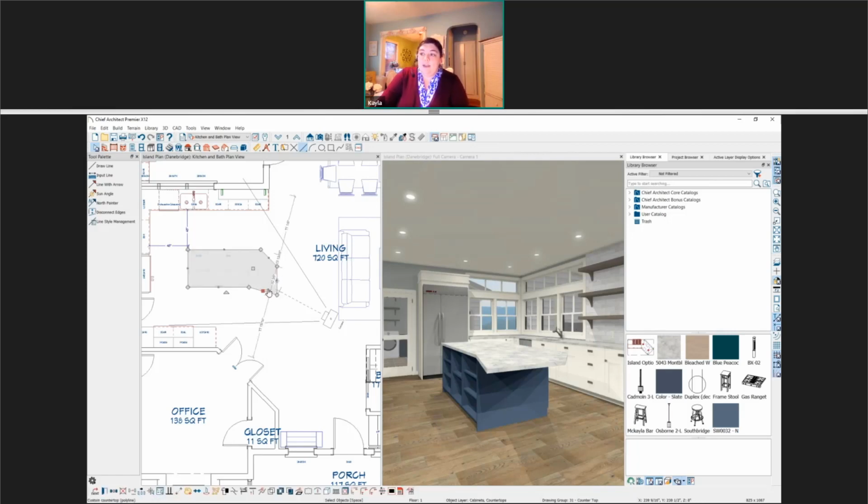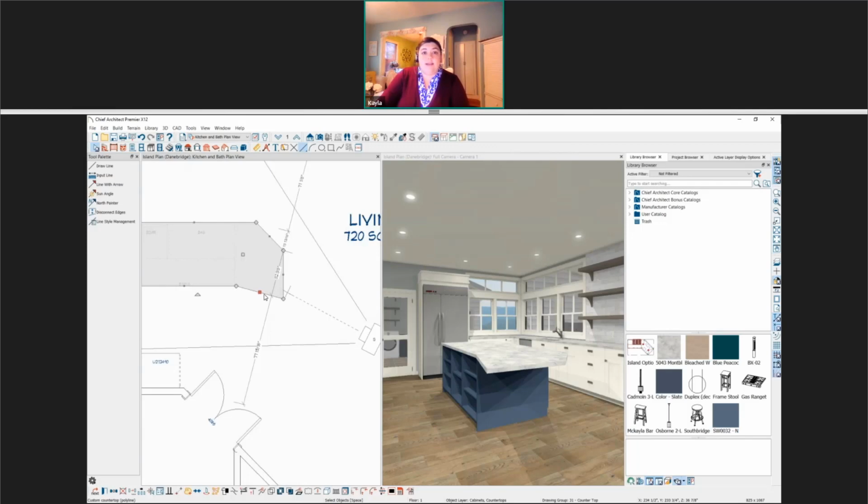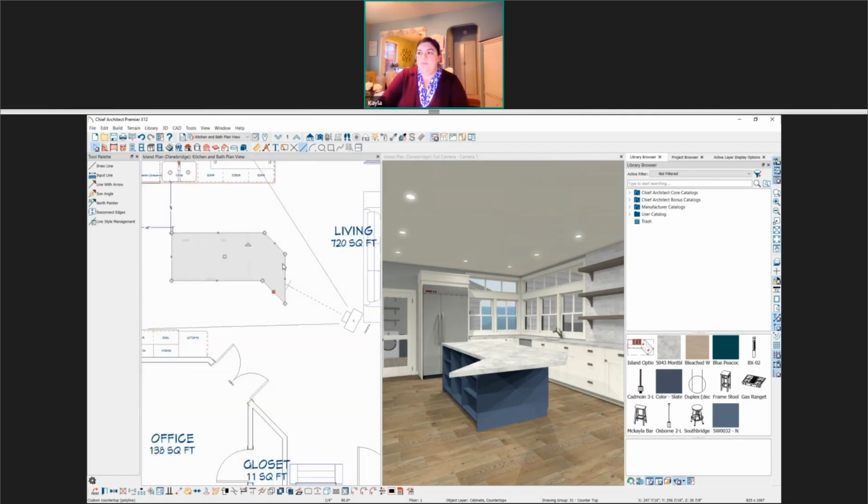So I'll take this line. You can tell that it is selected because it has a large red edit handle. And down in the edit toolbar, I'm going to use make parallel perpendicular. So I'll select that, and then I'm going to hover right over what I want to make it parallel to. And we'll clean up the edges a little bit later, but I just want to get the general angles correct first. Then I'm going to select this edge and do the same thing. So we'll make it perpendicular in this case.